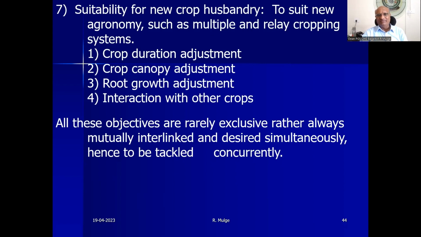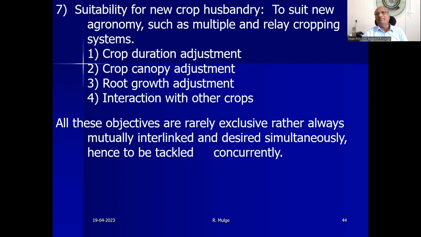That means they are mutually related, mutually interlinked. It's resistant to some abiotic stresses, which means only then a variety can be a high yielder. Right? Adaptability. Unless it adapts to a particular situation, you cannot get the yield. So whatever goals we have listed, they are